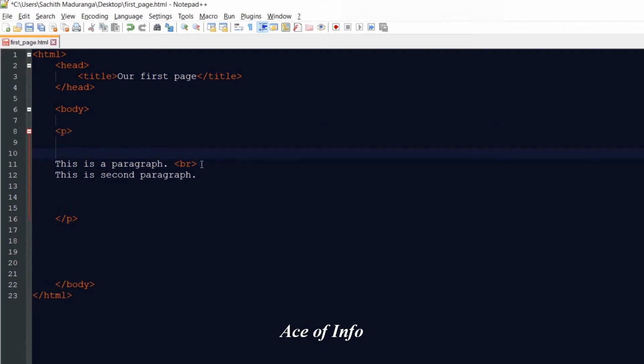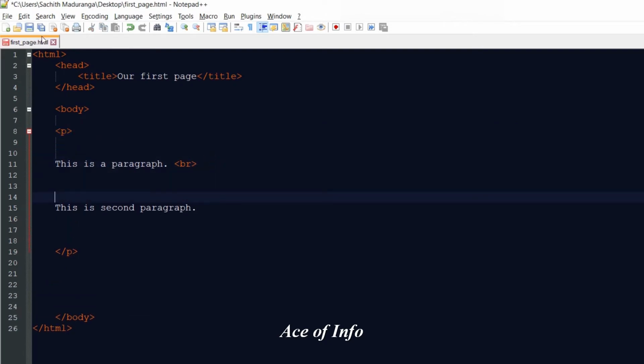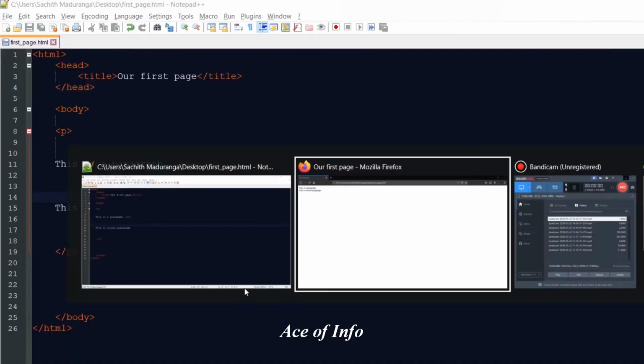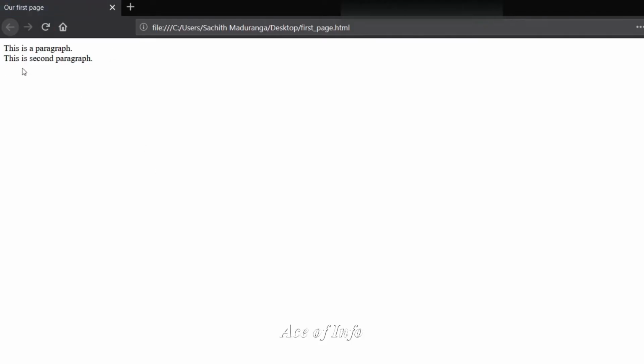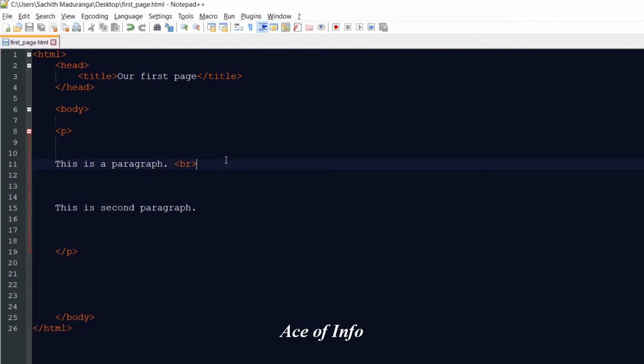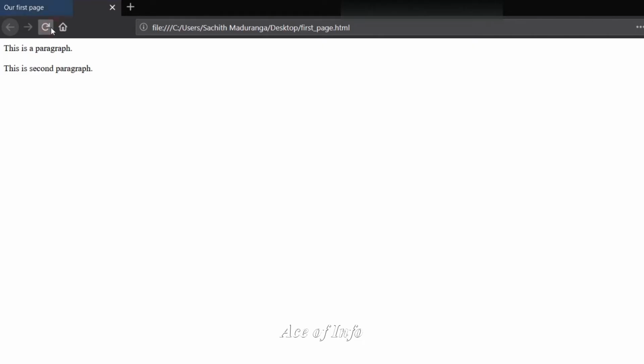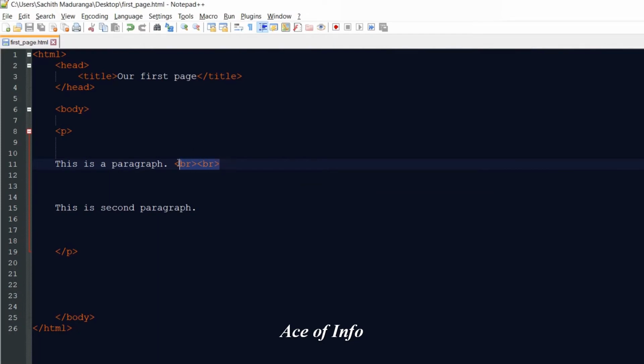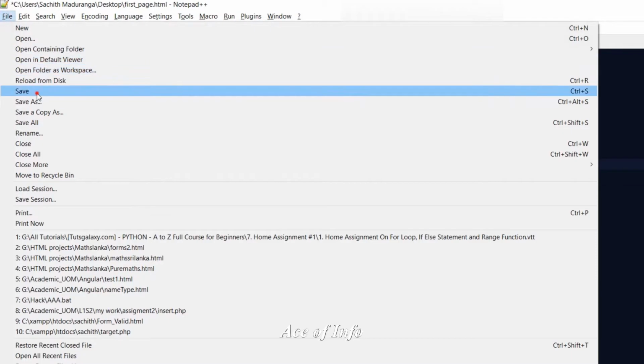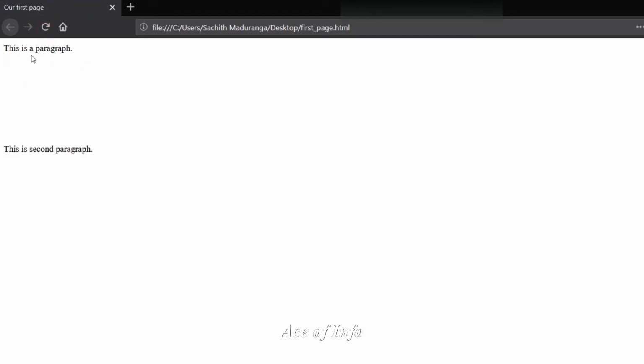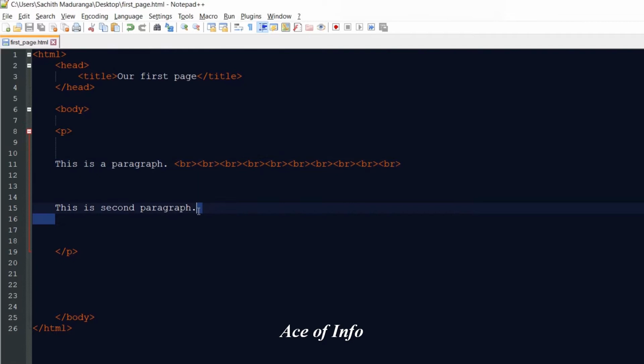Now if you put more lines and more lines, and I'm going to save this, and go to the browser and reload it, it won't do anything different. But if you put more breaks and see, there's another line we can see. So you can use as many as you want and reload. You can see so many lines. However many breaks you put, that many new lines you will have. Okay, so that is about paragraph and break tags.